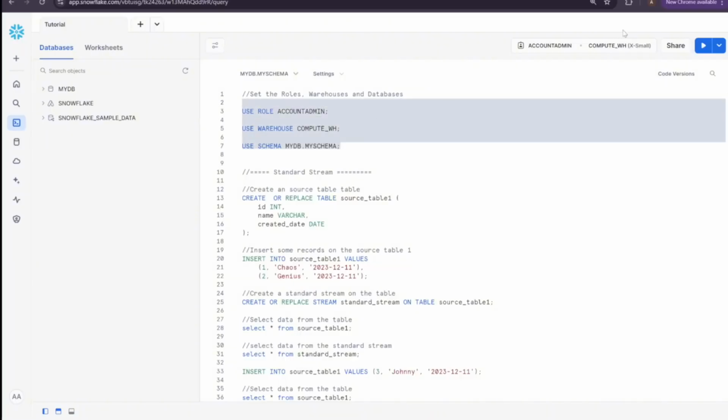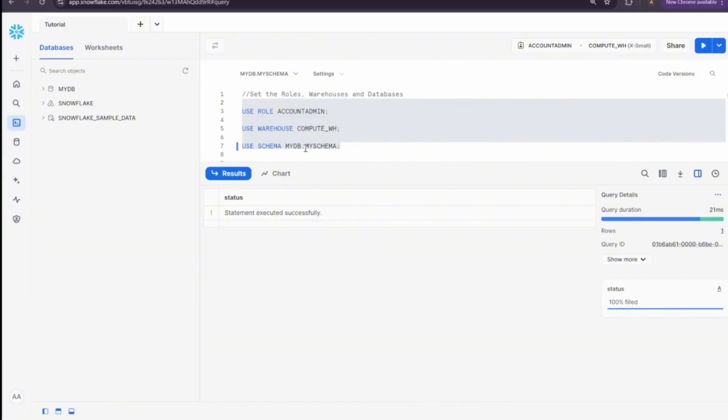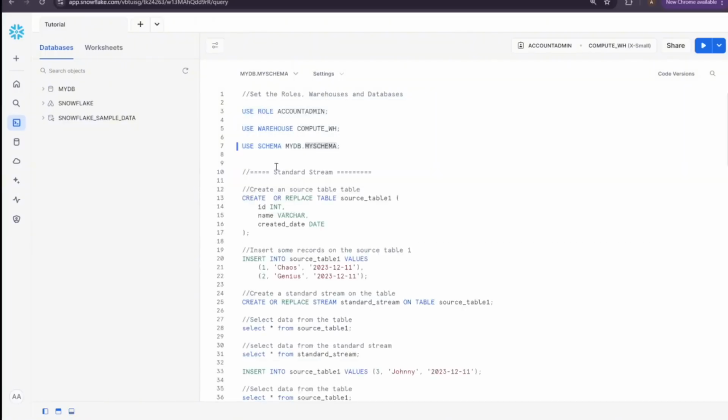So I'm going to execute where my role is going to be account admin, my warehouse is going to be compute warehouse, and the schema where I am going to create all the tables and streams is going to be my DB and my schema. Now, first, we are going to see the standard stream